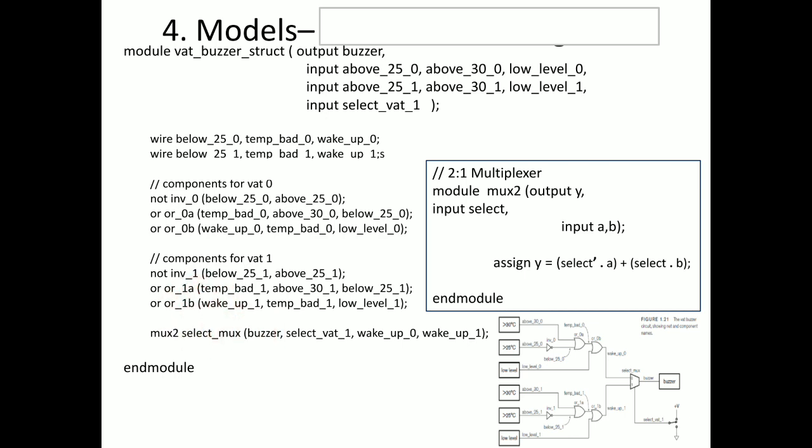If the Verilog code is asked in the exam, you are supposed to explicitly write separate Verilog code for the multiplexer. Then you need to write this entire Verilog code, and you also need to write the multiplexer code. You need to write two Verilog programs for this circuit. If they give the circuit, you need to write these two Verilog codes. Please be aware of this, and don't get marks deducted by yourself. This is simple logic, a few lines of multiplexer code.